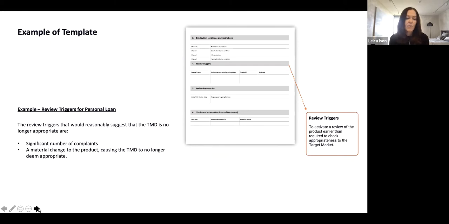The other area that we're seeing here is a reliance on just looking at customer complaints as a review trigger. Now, I'm not saying that that's not a good indicator of product health. It actually is, but it's a bit of a lagging indicator. So there are some other great examples that we'll go through today of setting review triggers that go beyond those customer complaints. If we think about the distribution of our products out there, we've launched them, what are some of the other indicators that we might have some challenges with our product strategy and how we're differentiating that?